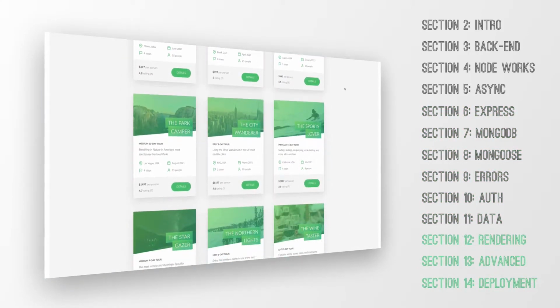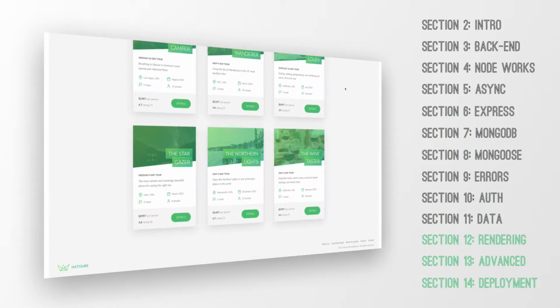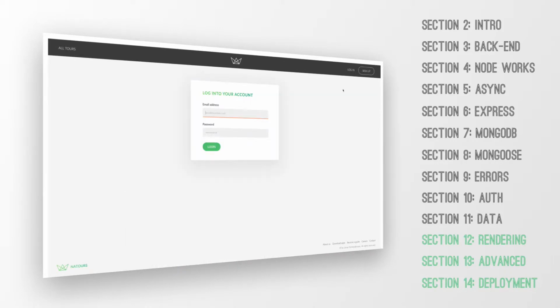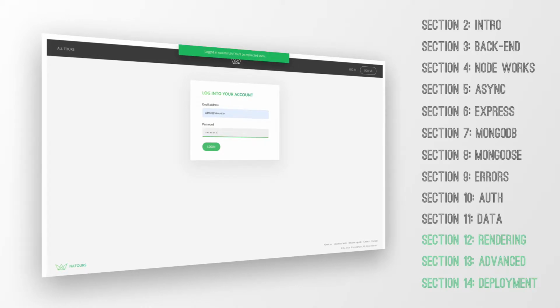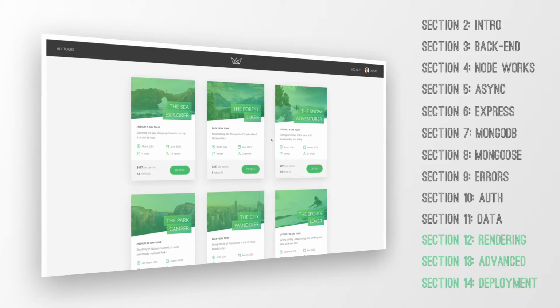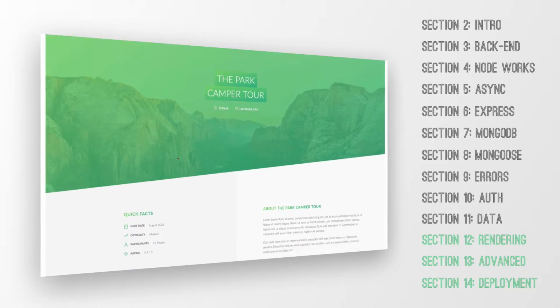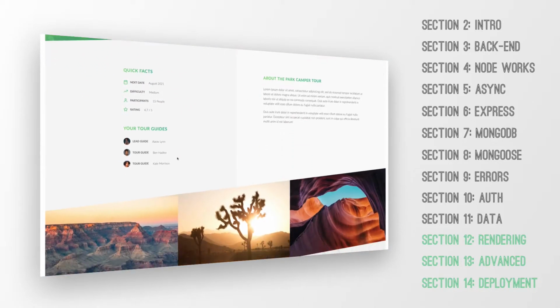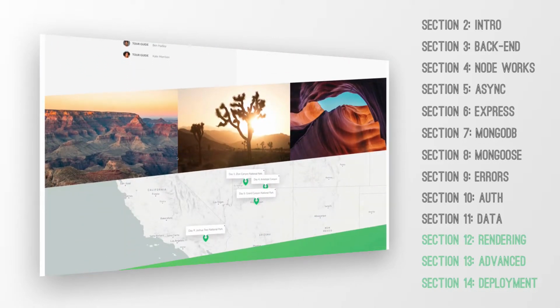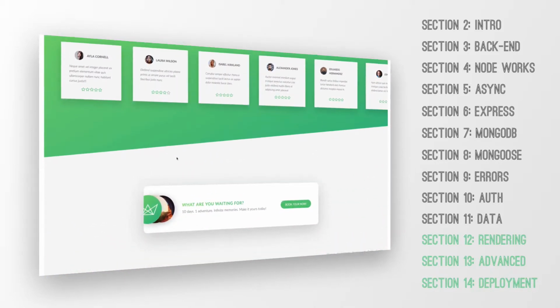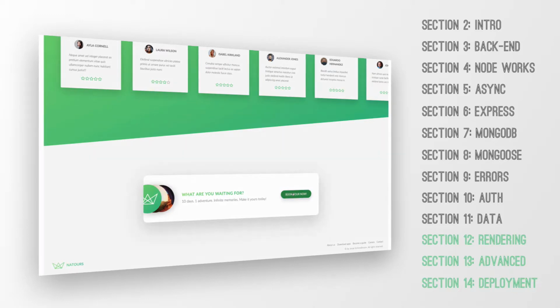Then, in part 4 of the course, after the finished API, we are ready to build the rendered website using Pug templates to really bring the project to life with a beautiful user interface. And by the way, I decided to do the API first and the website later, because this way we already have all the work related to data out of the way and can then focus exclusively on building the website. So section 12 and 13 are for exactly that.